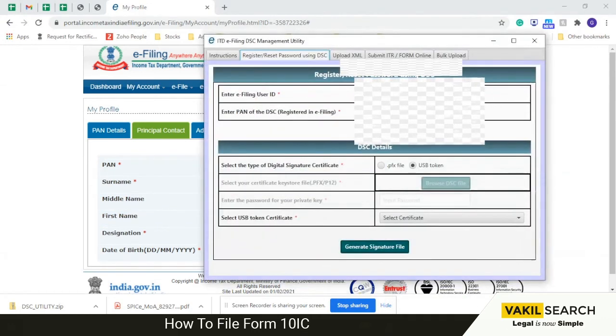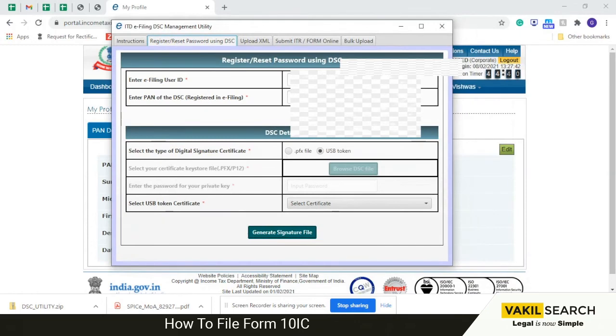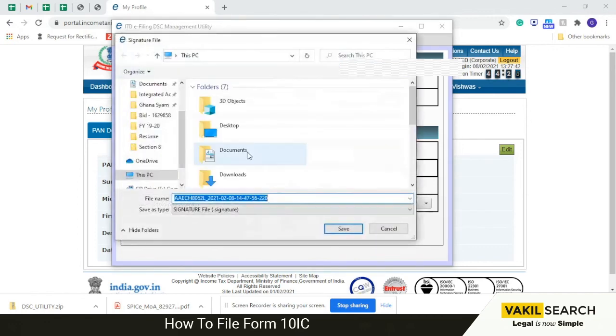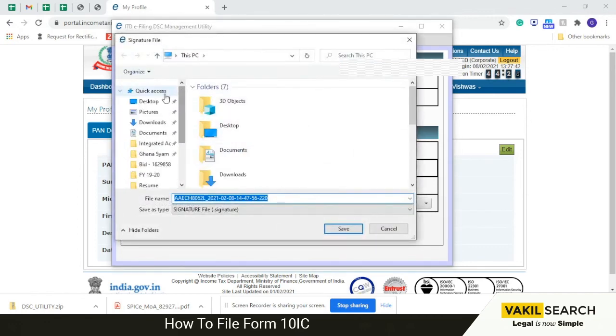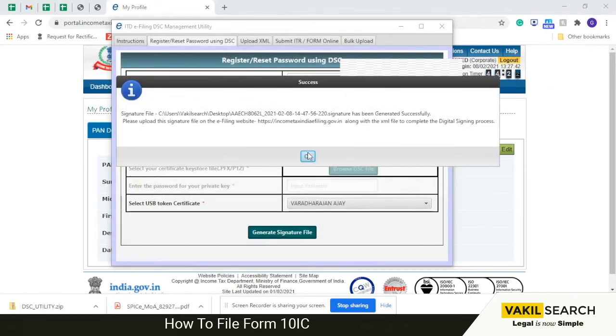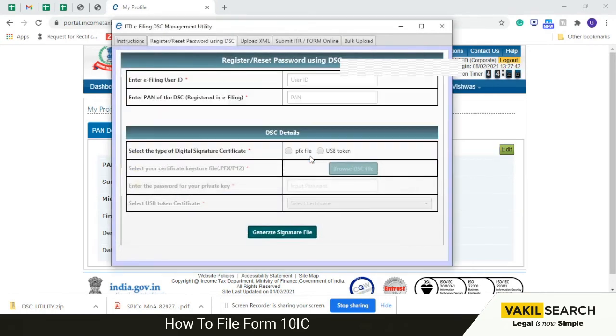So I'll directly go to the DSC utility now and generate the file. I'll select the DSC of the person and click generate signature file. I have saved the digital signature file which I have generated.